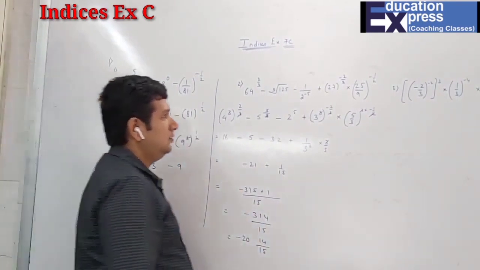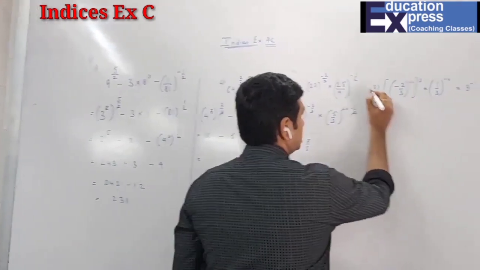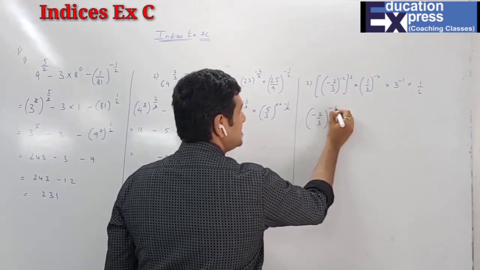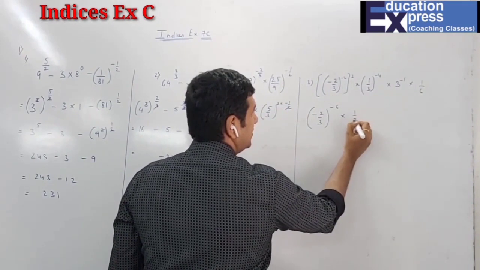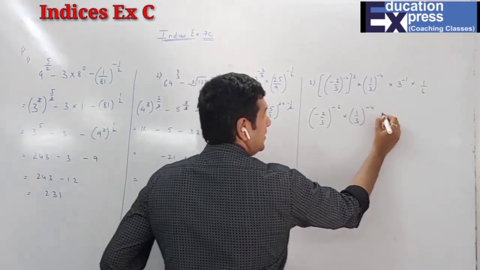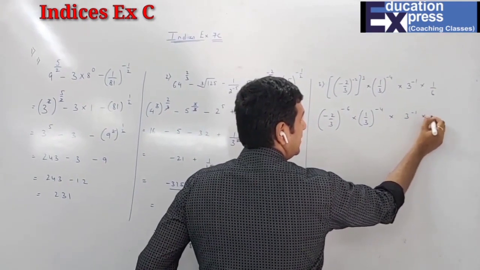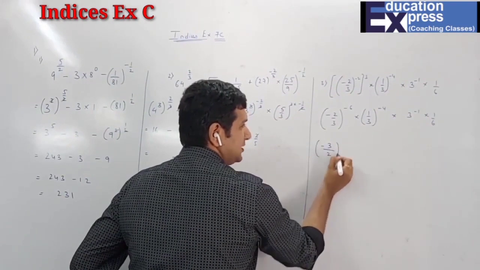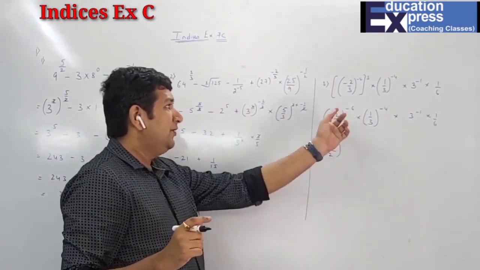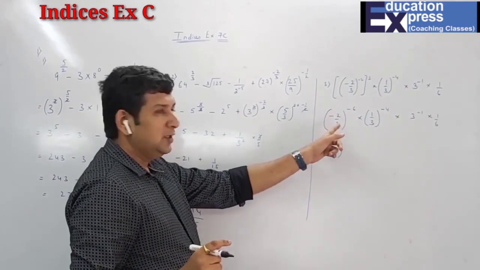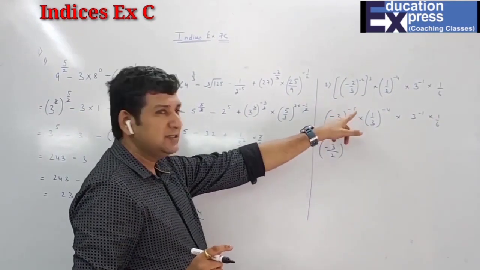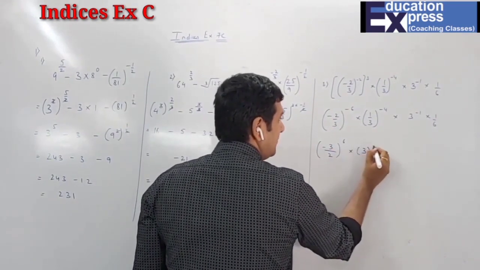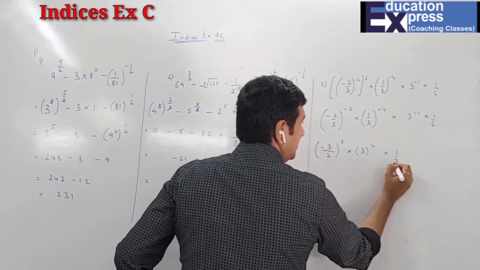Okay, now the third sum: minus 2 upon 3 raised to minus 6, into 1 upon 3 raised to minus 4, into 3 raised to minus 1, into 1 upon 6. Now to make it positive, this minus will be as it is. I have told you in my first lecture that whenever you take the reciprocal, you can reciprocal the base but you cannot change the sign, and here you can change the sign but you cannot reciprocal. So this will remain 6 only, and this will be 3 raised to 4, into 1 upon 3, into 1 upon 6.